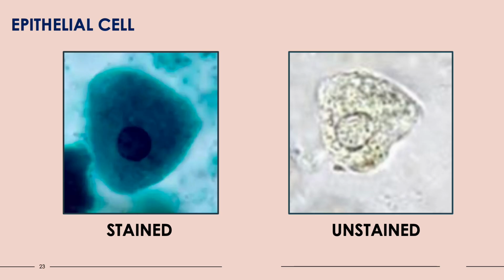Here are the pictures for epithelial cells. Take note of the stained one, which has the visible mononucleus. Kindly take note for the unstained one, since epithelial cells are highly refractive. Using a high intensity light in the microscope may cause this structure to not be visible or to blend in the background. That's why it's very important that you lower your light intensity when viewing your direct fecal smear.